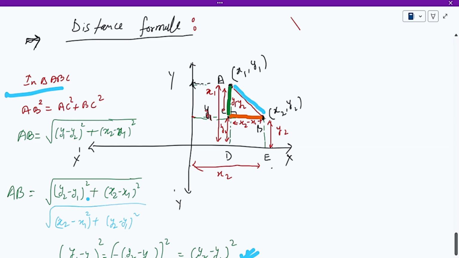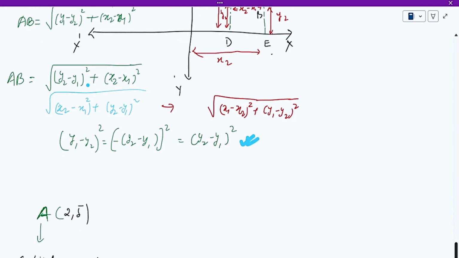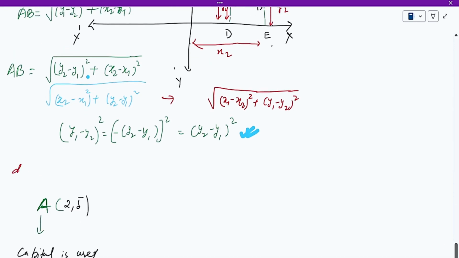This is also true. Or if some of you are writing, okay, instead of this, can we write it as x1 minus x2 square and y1 minus y2 square? This is also correct, right? Because we are finding the difference of the two coordinates, x coordinate and y coordinate, and then we are adding the squares. So simply, in general, this is the formula which we are writing, but actually distance between 2 points